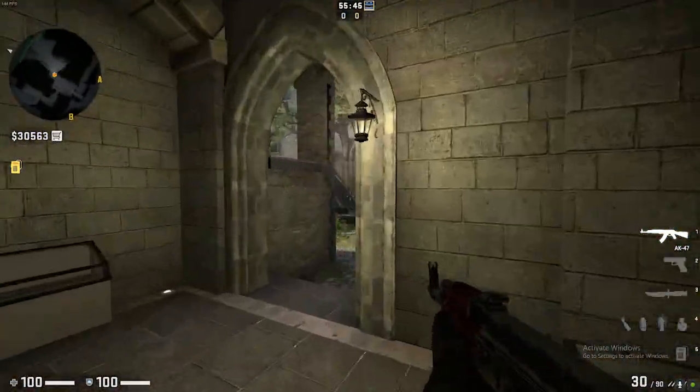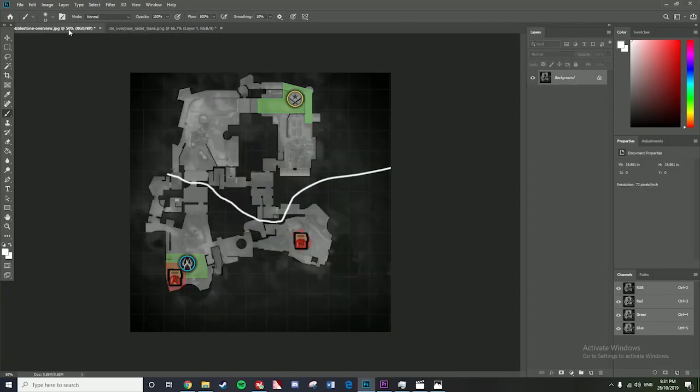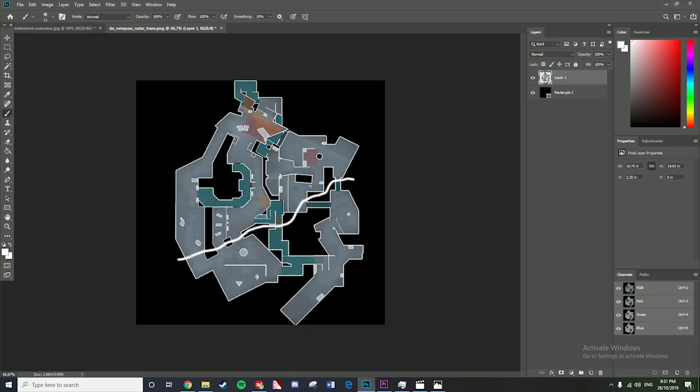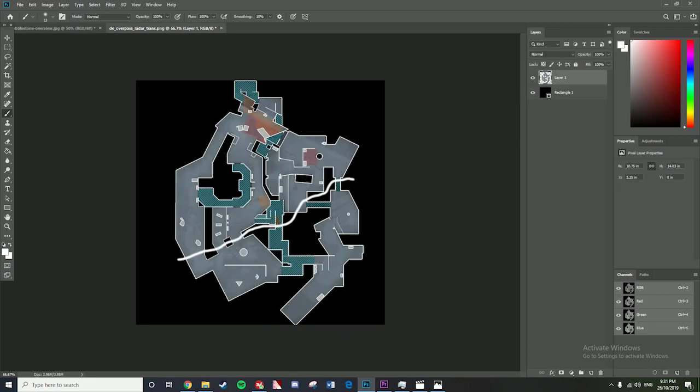So yeah, I think that's all the changes. The reason I've made these changes is because the main change, obviously, is the connector between drop and A ramp. And this change, as I said, comes from Overpass. I think Overpass is the map most similar to Cobble. It has two lanes to each side with a connector in between. But the main difference between Overpass and Cobble, which makes Overpass a far superior map in my opinion, is if